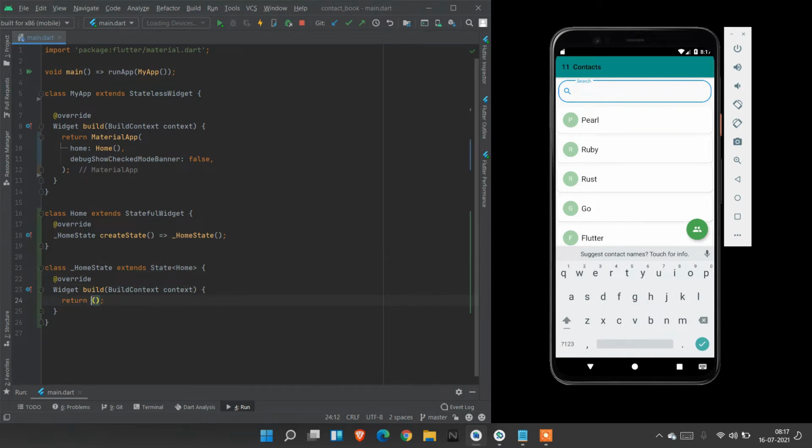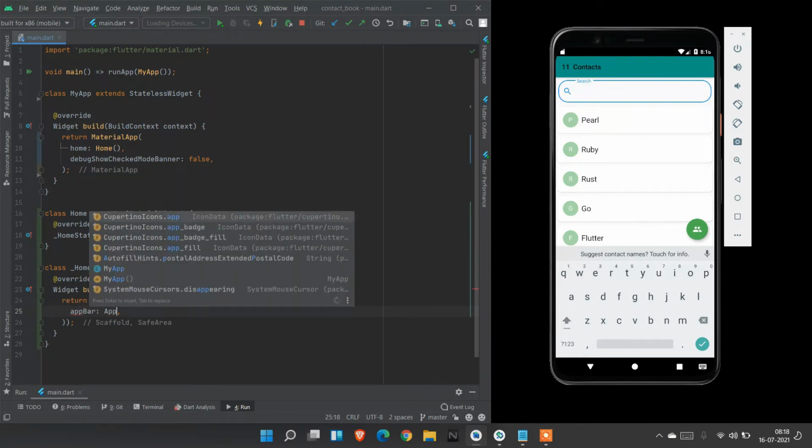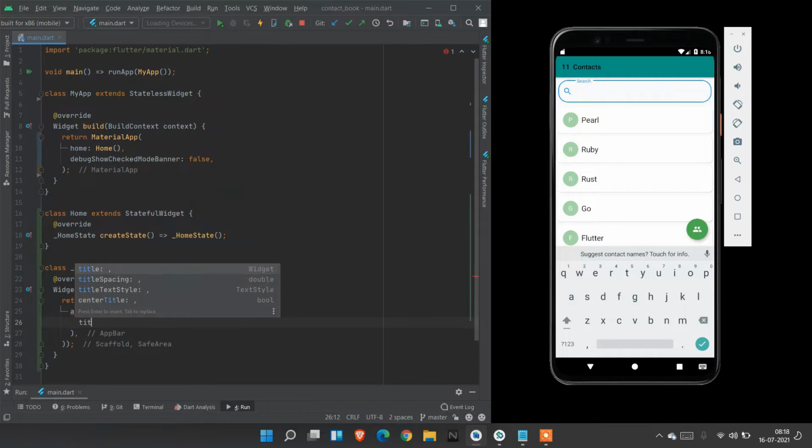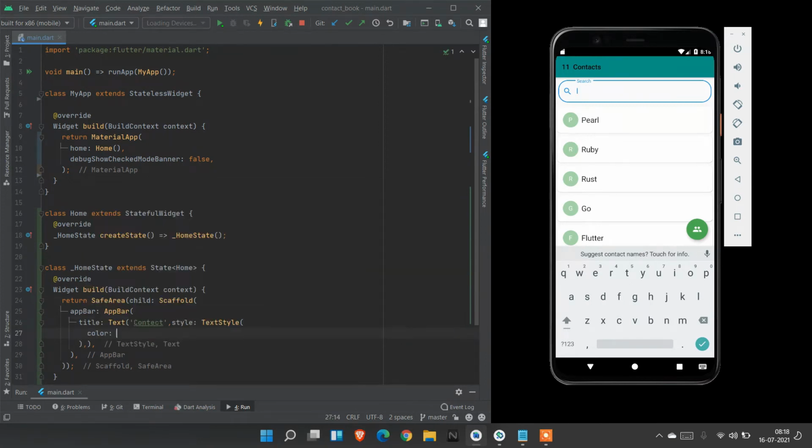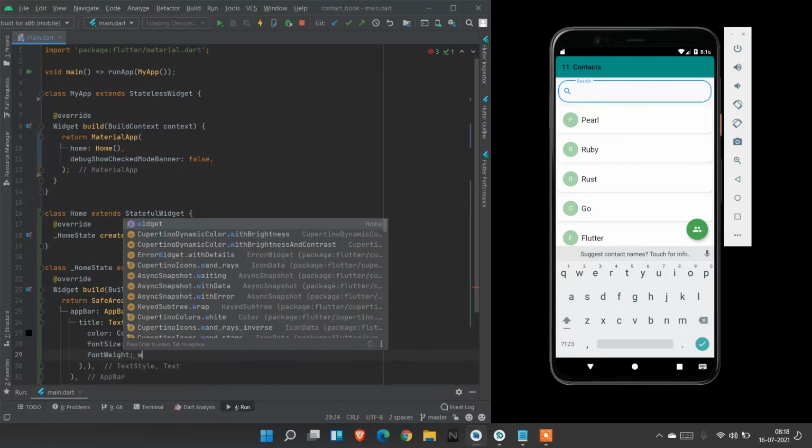Here we are going to create a SafeArea. Child of SafeArea, Scaffold, to get a white background property, and I create the AppBar first. AppBar, and the title is a Text, Contact, and the style of the text: style, color, size 18, and weight must be W800.